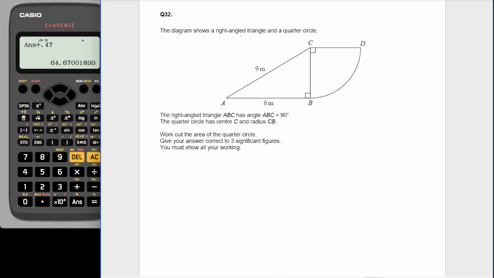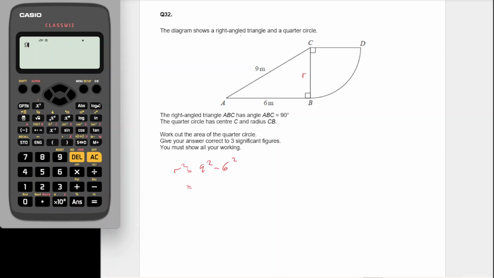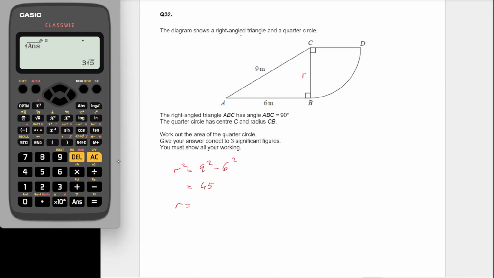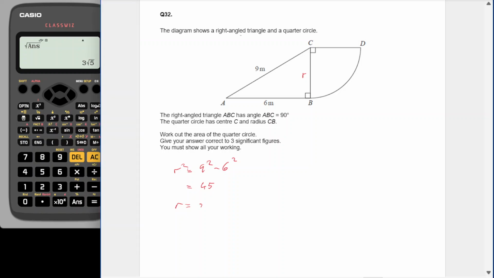So we need to work out this, we'll call it R for now. So R squared would be equal to 9 squared minus 6 squared. So 9 squared minus 6 squared is going to be equal to 45. So R is going to be equal to the square root of 45, which I'm going to call 3 root 5 for now. Or as a decimal,